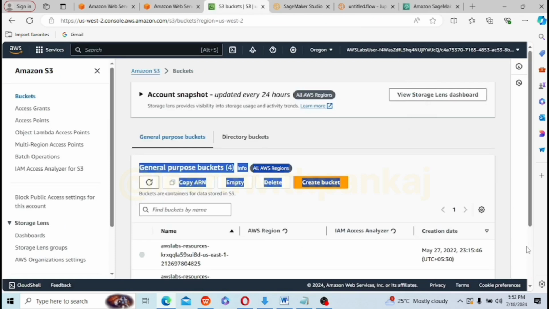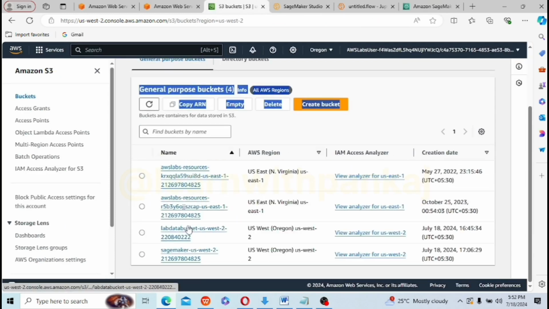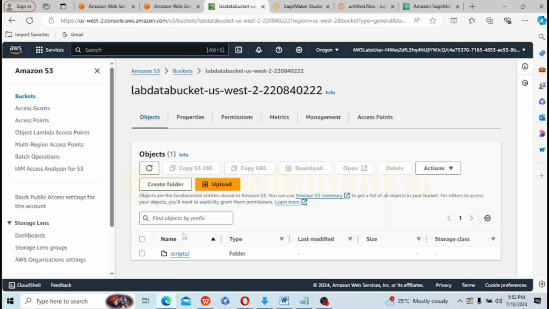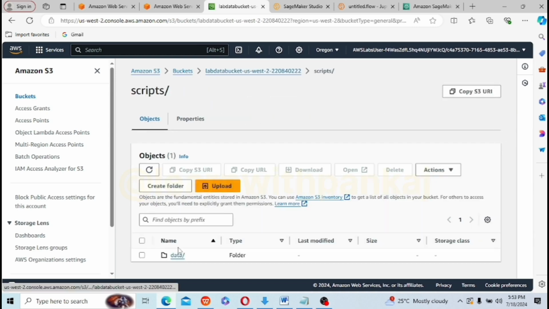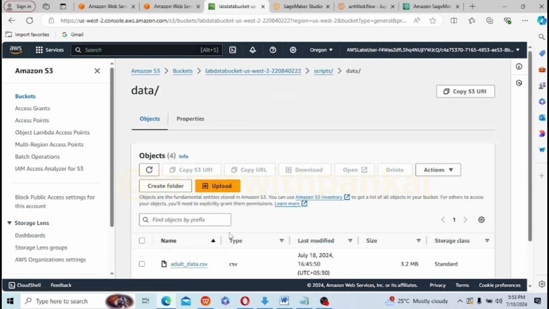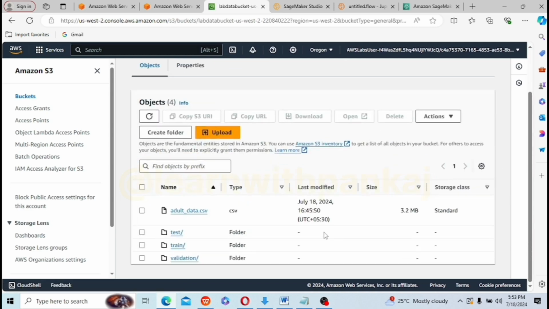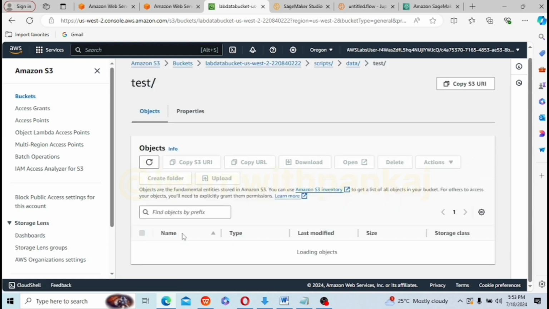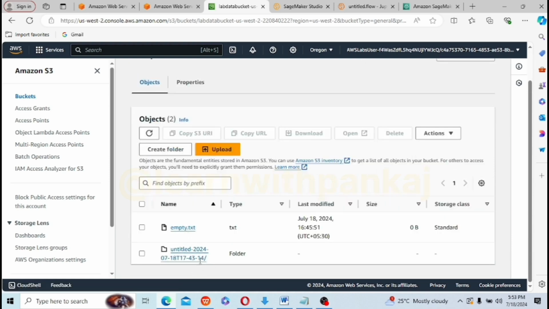Now our job is completed, and we are going to S3 buckets, and we could see the train and test datasets are now created, which we are going to provide to the machine learning company to create machine learning algorithms on it.